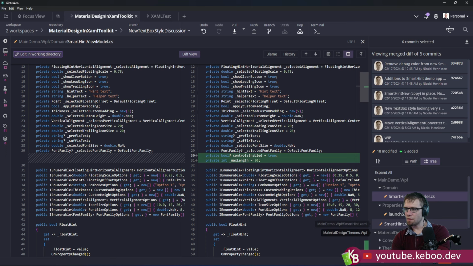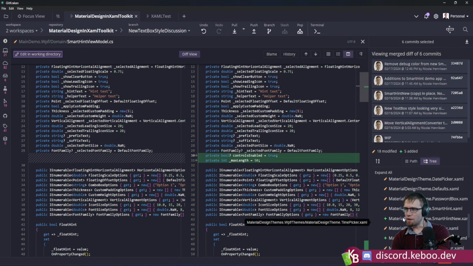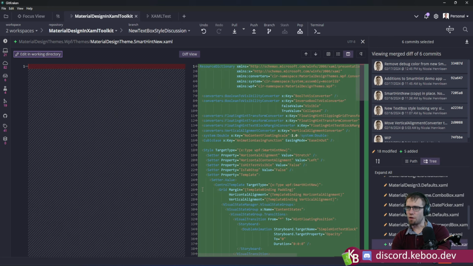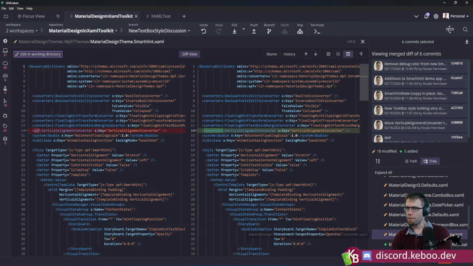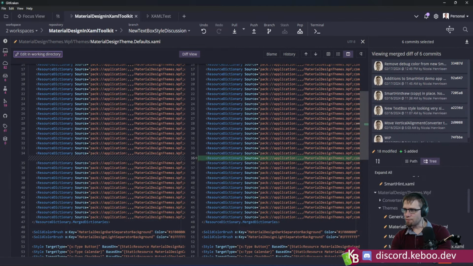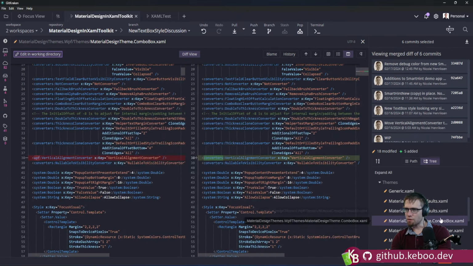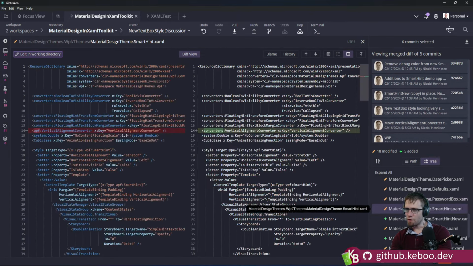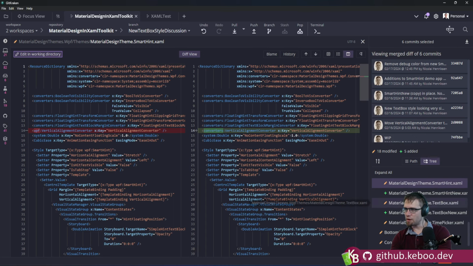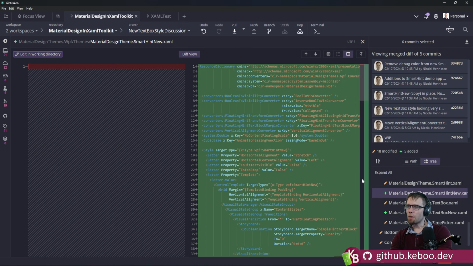Yeah, that's... Because now I'm guessing that smart hint new just shows, okay, good. Like it should be showing as a net new. There it is. Okay. Now it's showing it as a net new. Okay, so the defaults got added in. Great, great, great. Those are what's expected. Converter namespace changes on a bunch. Great. Okay, so